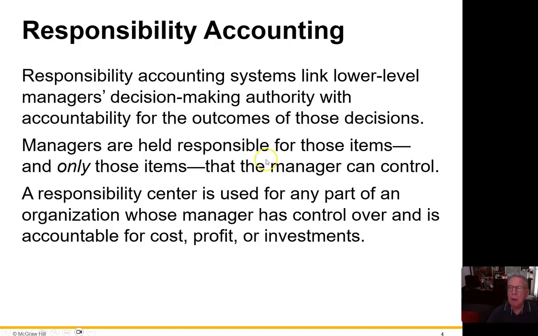All right. Responsibility accounting systems link lower level managers' decision making authority with accountability for the outcomes of those decisions. Managers are held responsible for those items, and only those items that the manager can control. Very important. A responsibility center is used for any part of an organization whose manager has control over and is